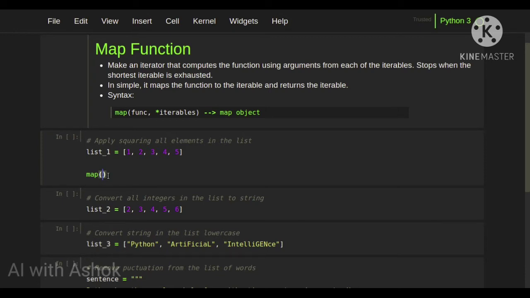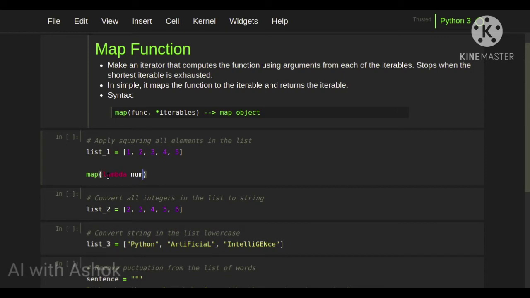As a lambda function, how are we going to write this? For writing a lambda function, we need to write lambda. Then what is the number?